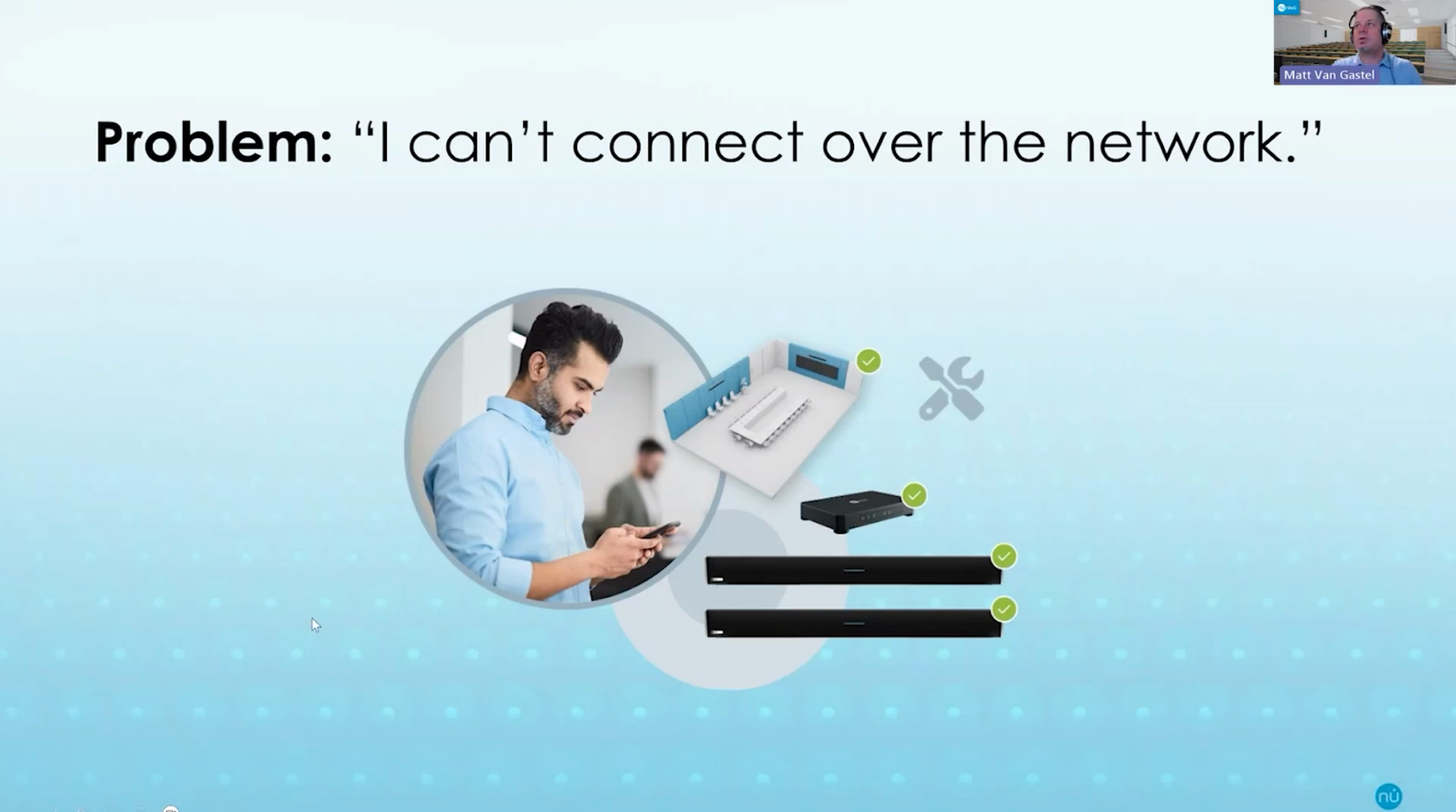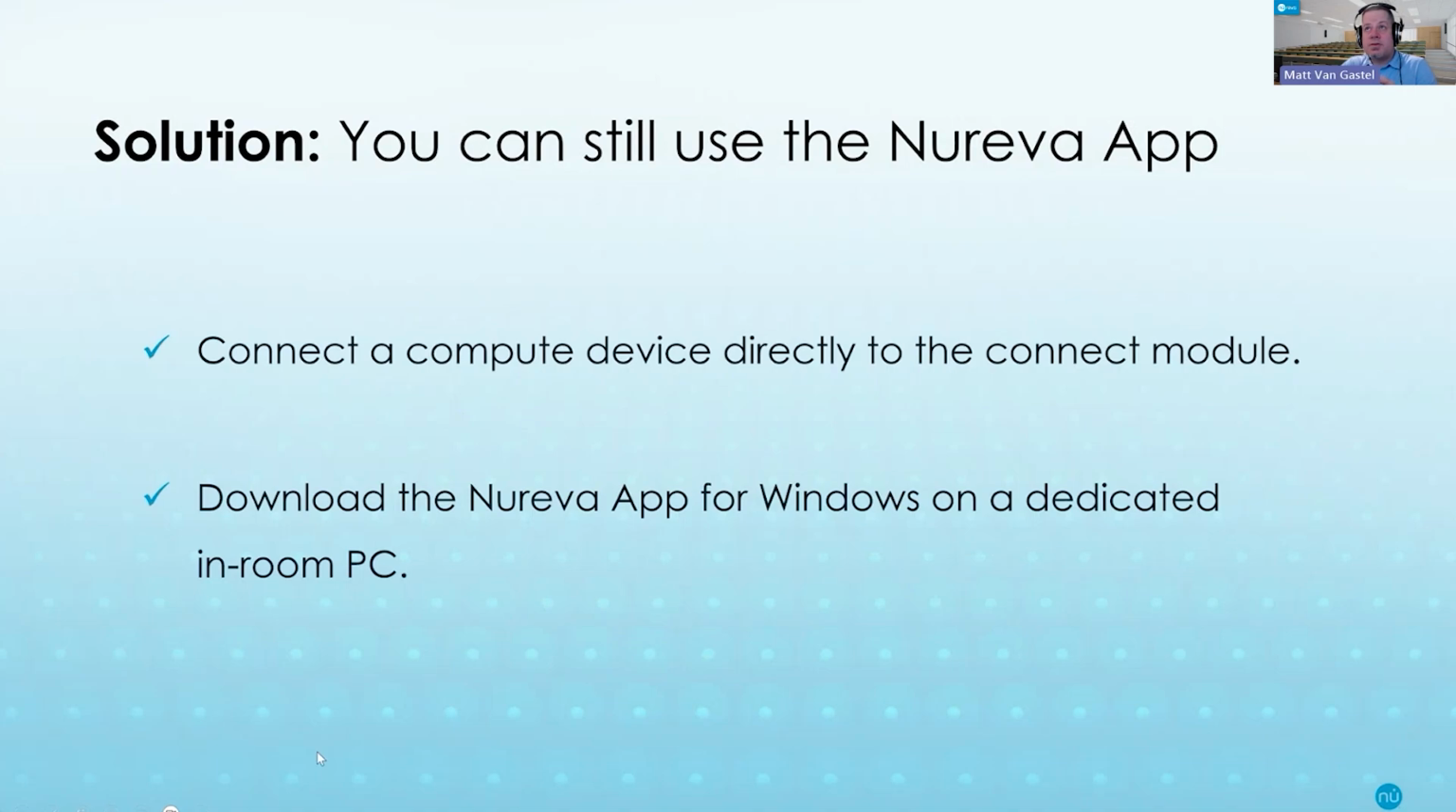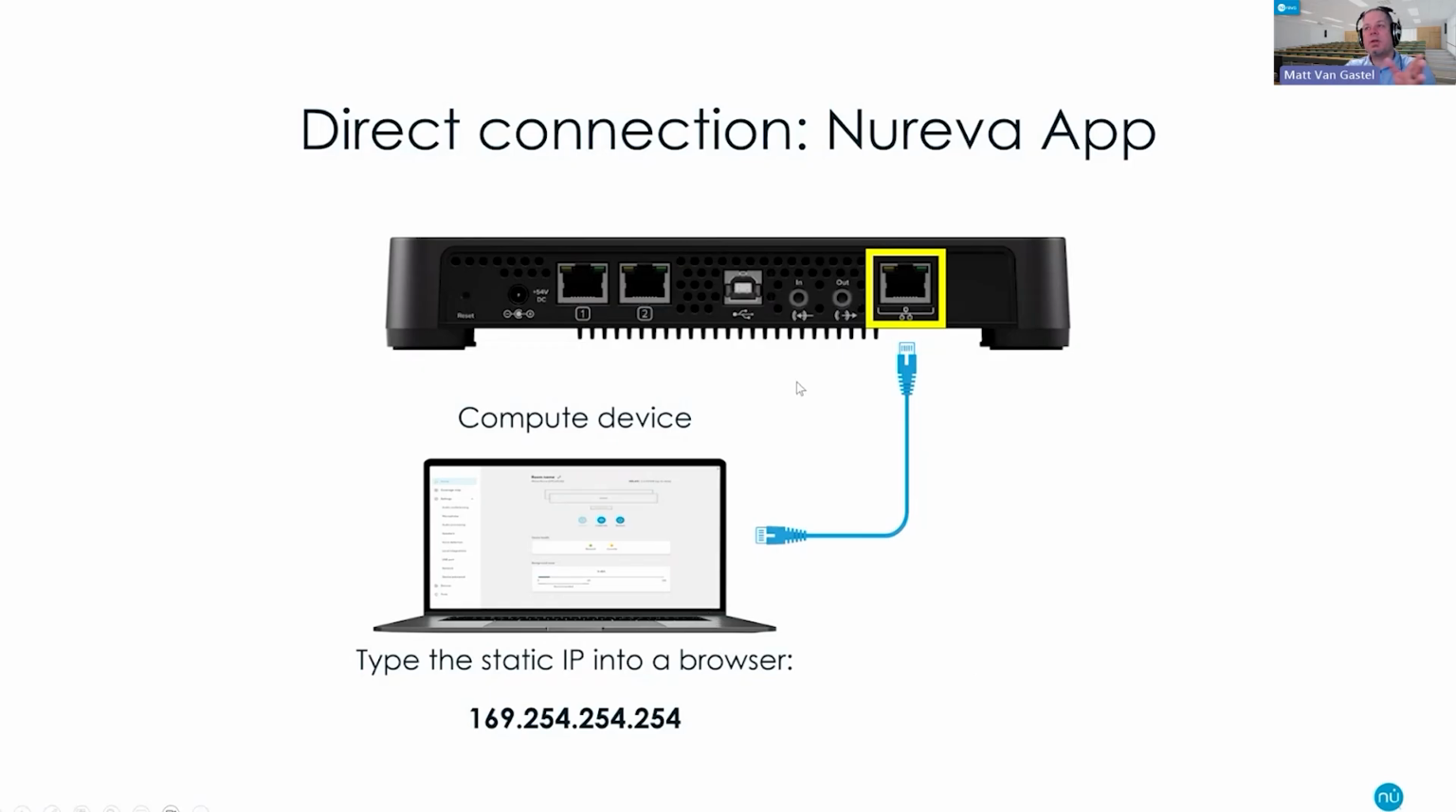So if you can't connect over the network, there's a few ways to do this. We can still absolutely access and help you maintain your devices. You can still use the Nureva app. You connect a compute device directly to the Connect module. You plug an Ethernet cable from that network port that I was showing earlier into the back of your laptop, or you can download the Nureva app for Windows on a dedicated in-room PC, and let's show what that looks like. So if I plug the compute device directly into my laptop here,